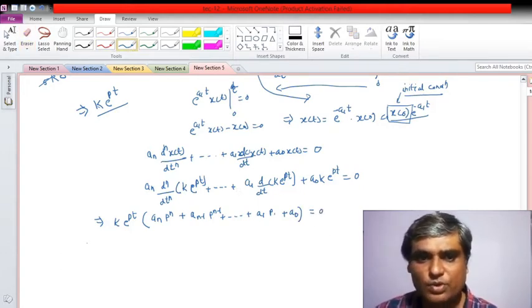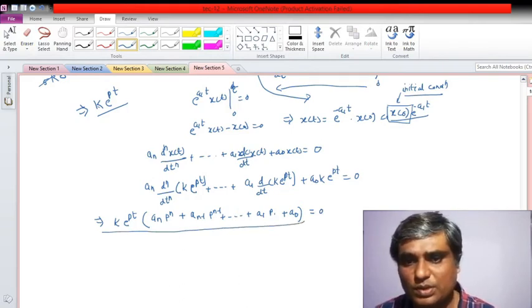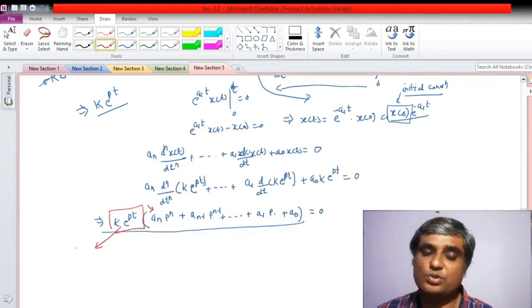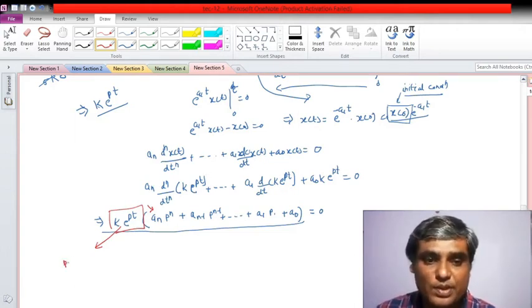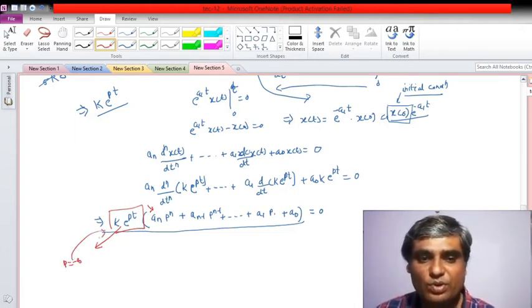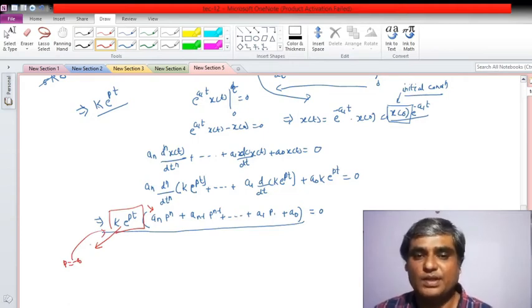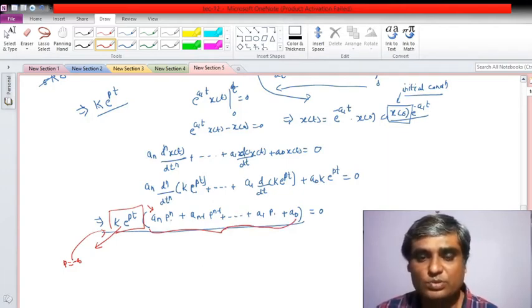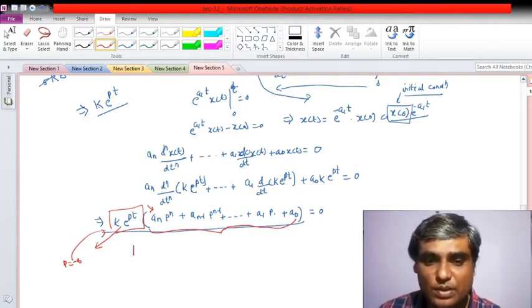Now from that, what again I can conclude is that either this term will be 0 or this term will be 0. So for this term to be 0, it will be non-zero except when p is equal to minus infinity. So I will not take p equal to minus infinity. So instead of that, I will look at this polynomial in terms of p, so I will write this polynomial h of p.